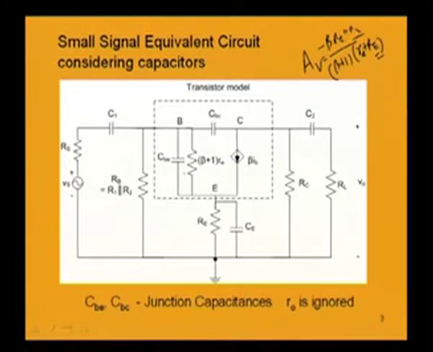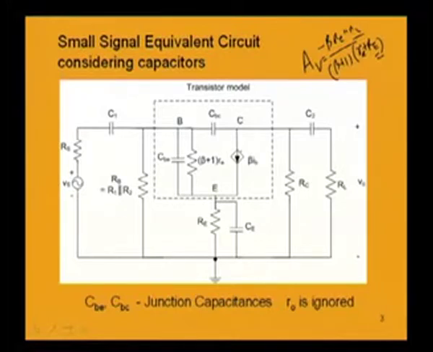As a result, the base current, what would have been there had there not been these capacitances present, is now less. So base current is less means collector current, beta times IB, will also be less. So if the collector current is less, that means what? The voltage gain will now again be lesser, because